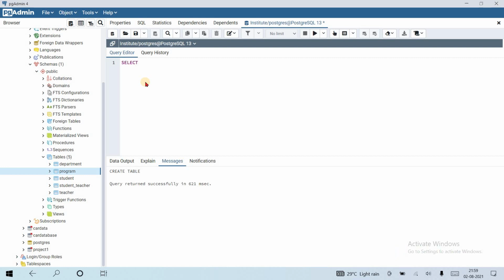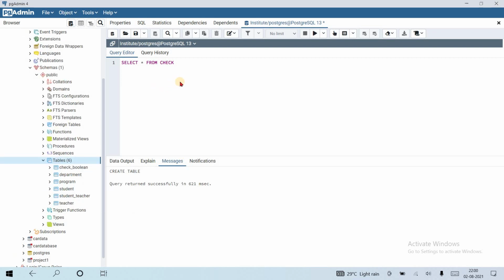Select star from check_boolean. Let's see, yes, the table is check_boolean. If we write it in capital letters it also works, because PostgreSQL is case insensitive.